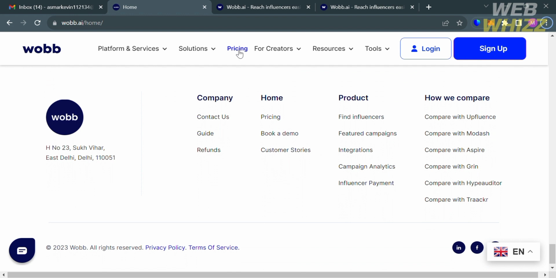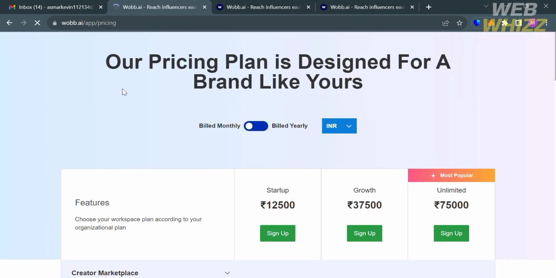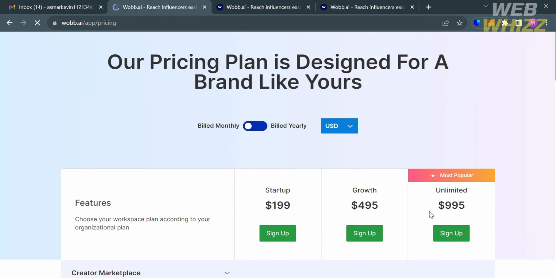And now, to access this platform, they also offer a variety of pricing plans that you can avail. By simply clicking this pricing option on the top panel, you will be directed on this page. And from here, it will show you some of the plans that they offer, including the startup plan, growth, and unlimited plan. And from here, it will show you the corresponding prices and the list of benefits included on